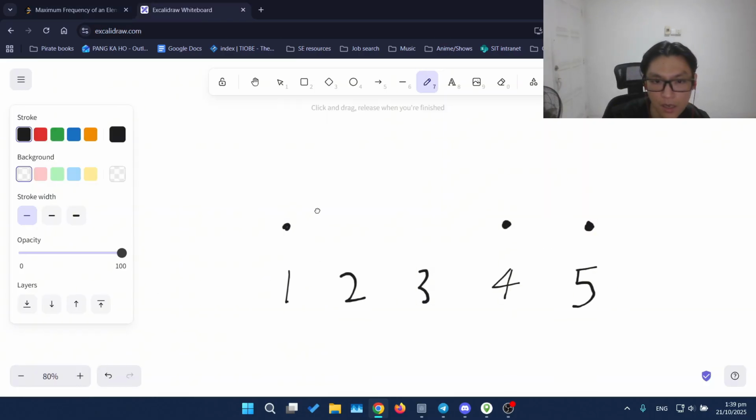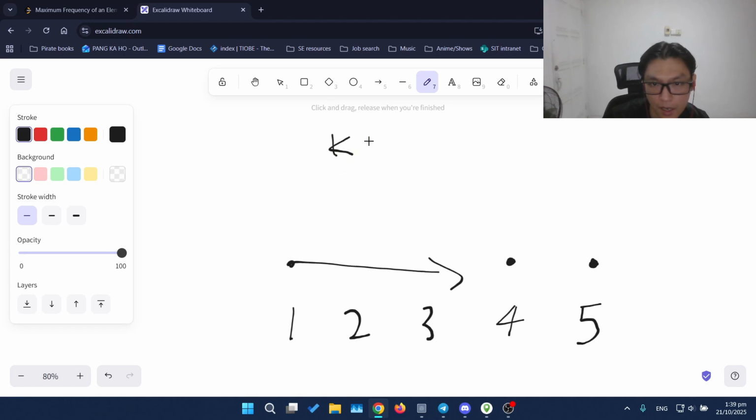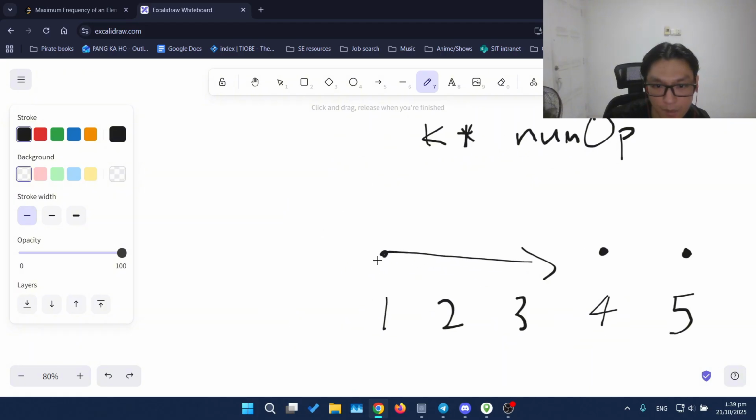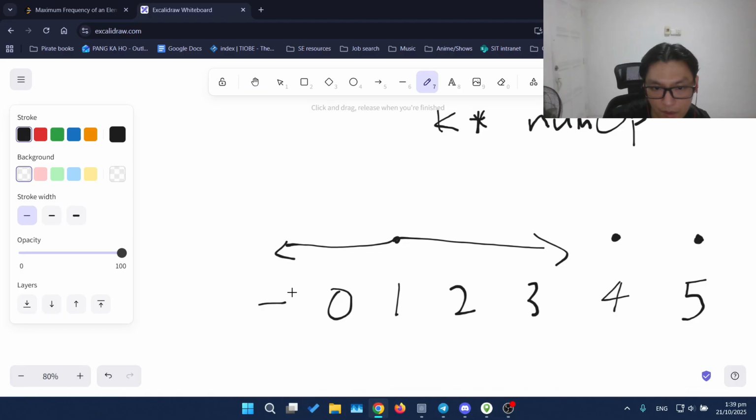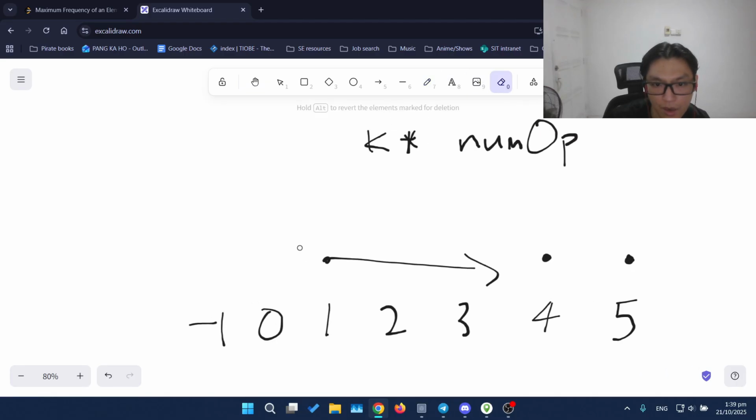That means we can extend this up to k times num operations. But that's the maximum extent, right? This is like 0, this is -1, and we basically want to maximize